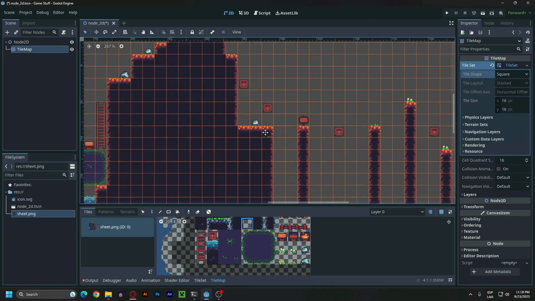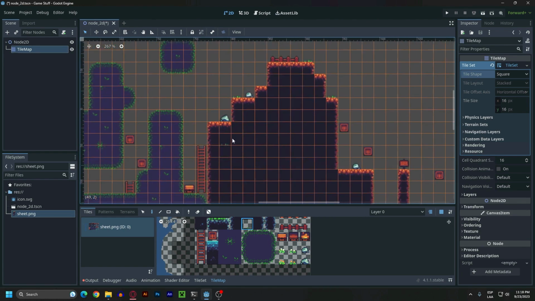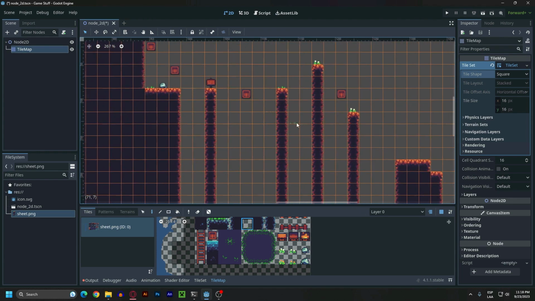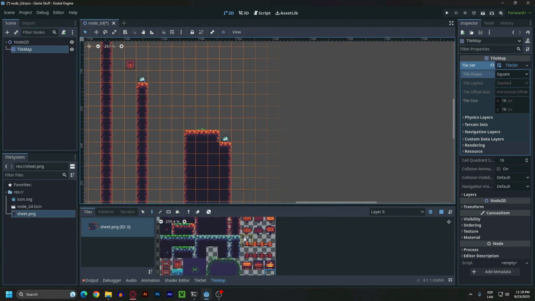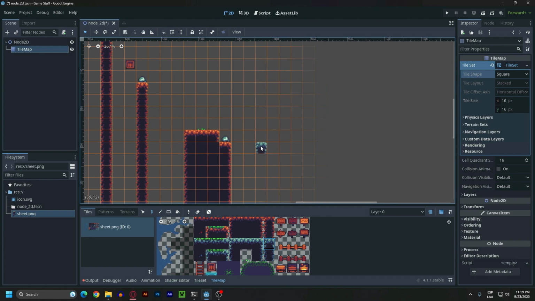Maybe a little bit of grass. Adding these little assets does add a bit of decoration and character to your stuff, so try to add them all over the place. And right here I'm going to end it off in a little blue area. I'll add a blue pillar,